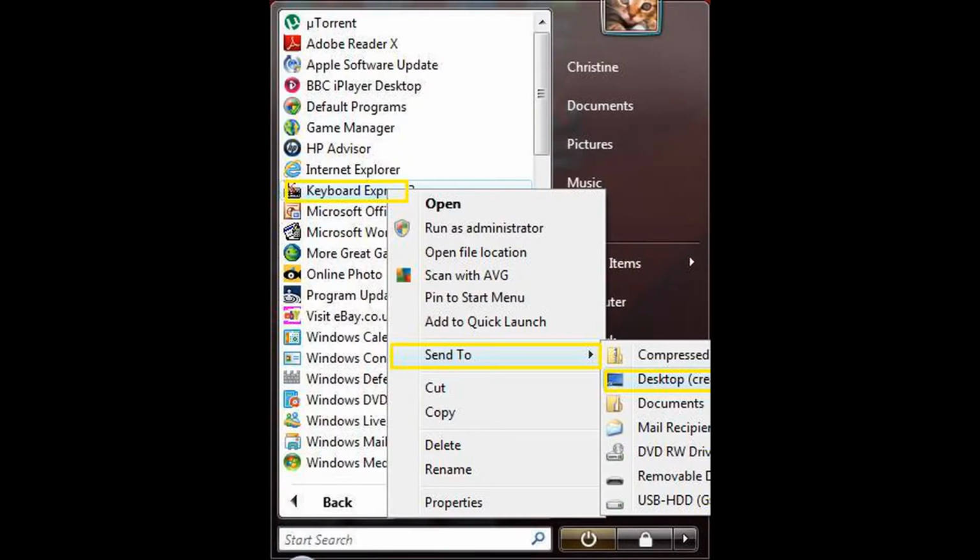Hello, my name is Christian Angel, and today I will be showing you how to set up and use Keyboard Express. Once you have installed Keyboard Express on your PC or laptop, you need to go to All Programs and